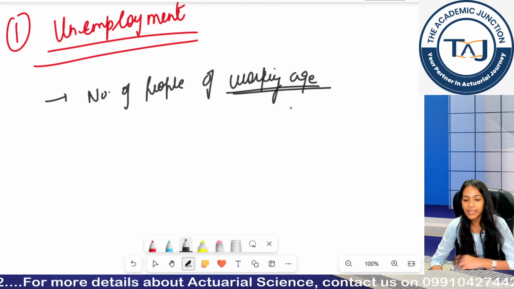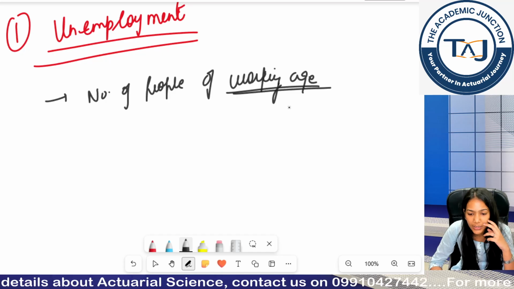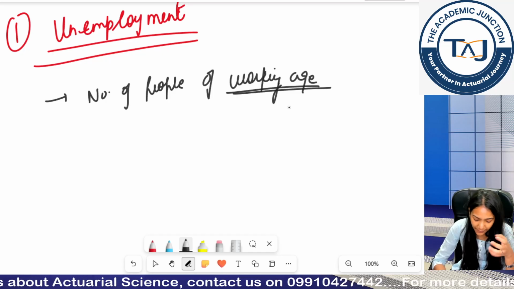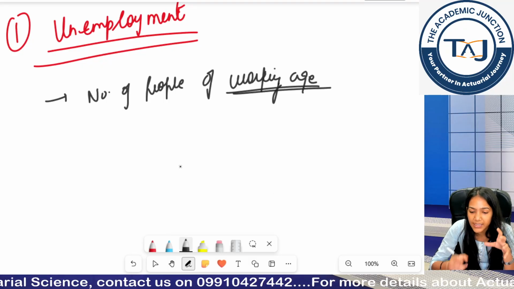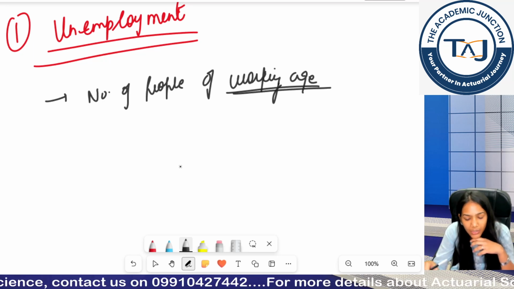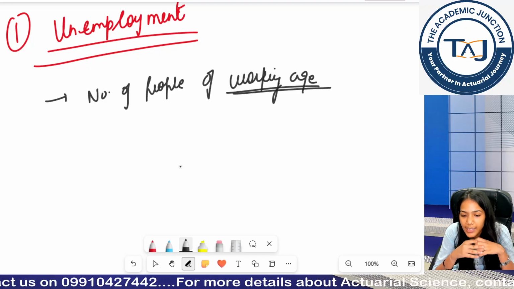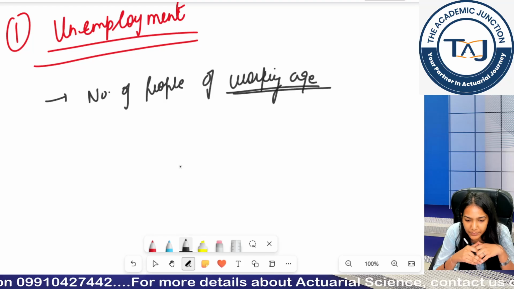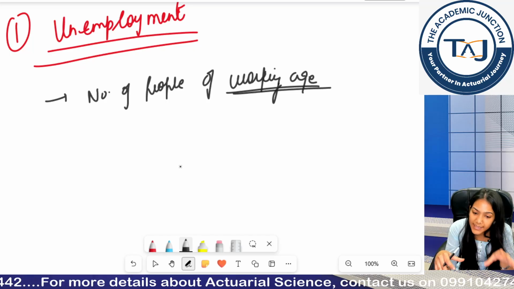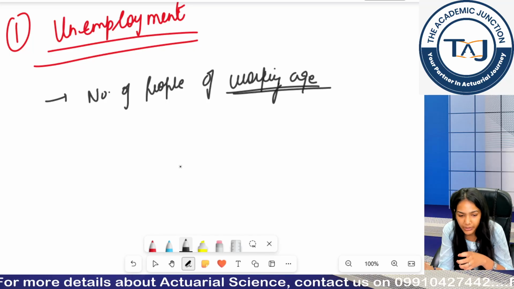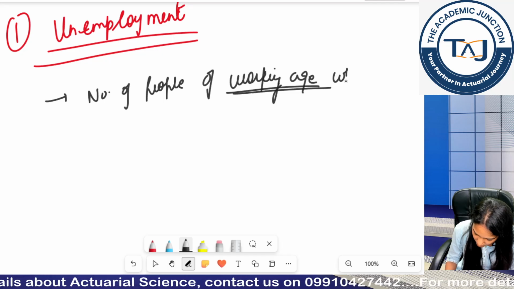So in the exam you can get a question like, identify the people who are unemployed here. At that time you have to use the keywords from this definition and identify whether these keywords fit into the scenario or not. If any keyword is missing, then we cannot say that the person is unemployed. And when I say the person is not unemployed, this does not mean that the person is employed. Okay? So, the number of people of working age who are